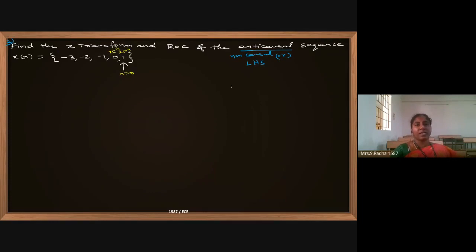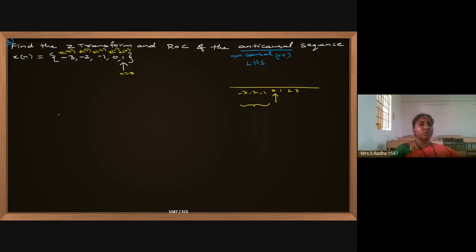You know the number line. Okay. 0, 1, 2, 3 on the right side, minus 1, minus 2, minus 3 on the left side. Here the arrow mark is present, which means on the left side we are having minus 1, minus 2, minus 3 like that. So this is x of minus 2 value. This is x of minus 3 value. This is x of minus 4 value. Okay. Now I will go with the solution.